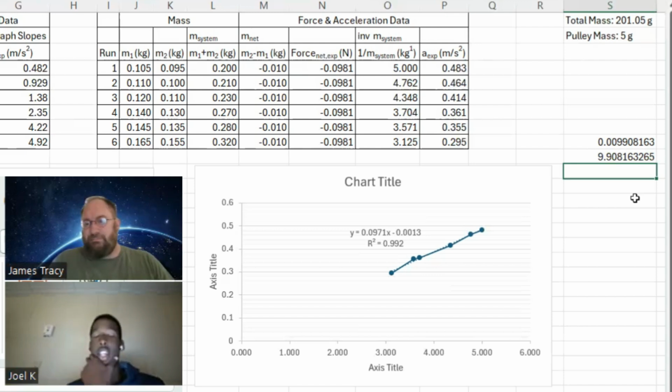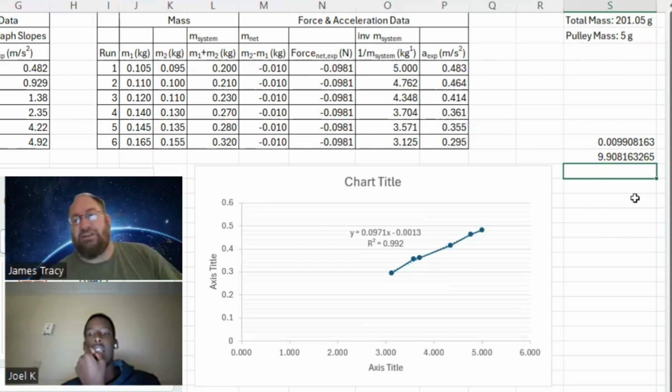Now that I'm thinking about it, I don't think we took off the additional calibration mass in part C. See, yeah. For part C, there's your explanation. So